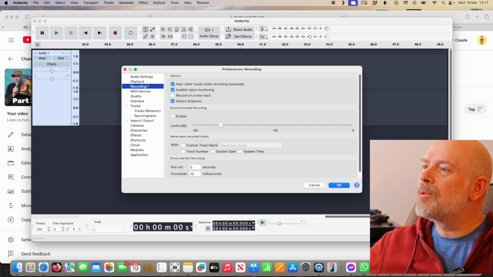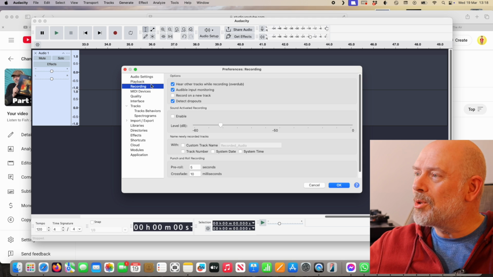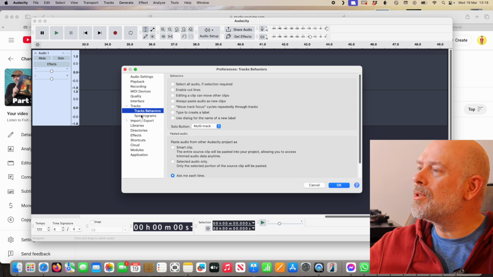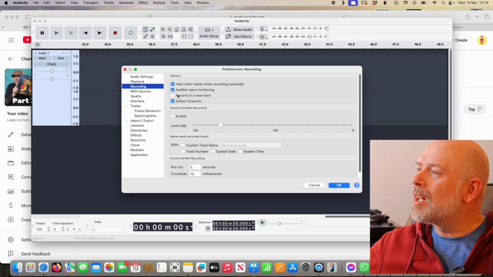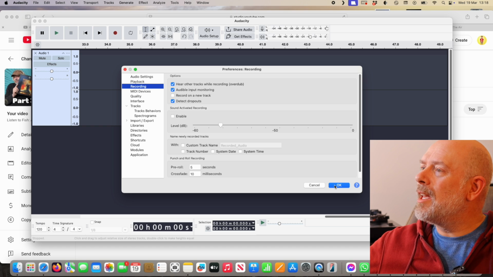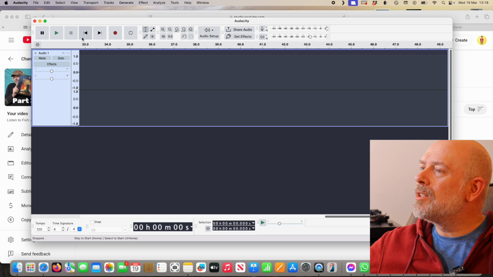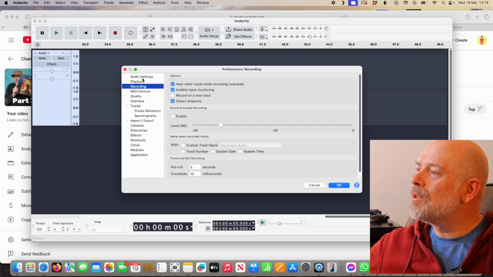or it might be Settings on Windows, I'm not sure, but it's the same sort of thing. You get a whole lot of different options available to play around with. If you go to Recording, you need to click on enabling audio input monitoring. So you'll hear what's being played. So click OK. And then you need to also probably go to Audio Settings and make sure that your device